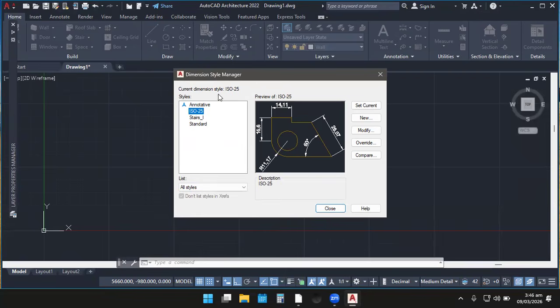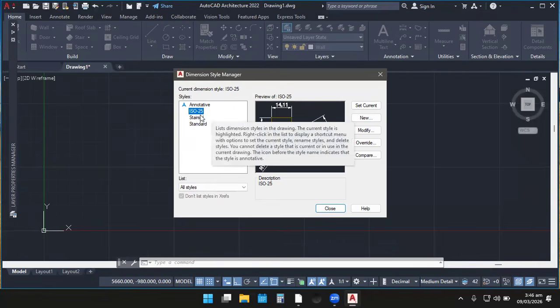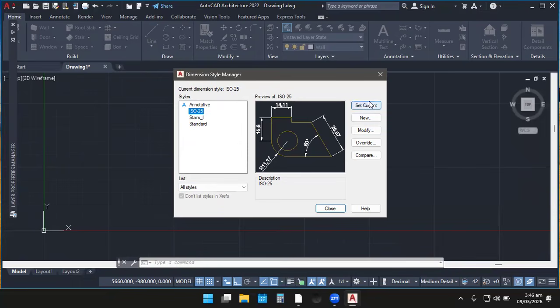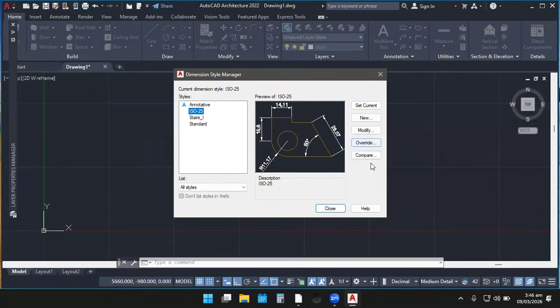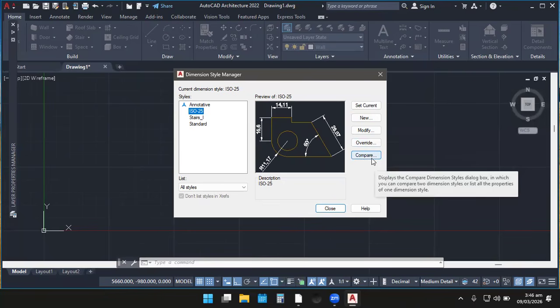Okay, so the current dimension style is ISO 25. Over here, these are the styles. You can see that we have annotative, ISO 25, stairs, and then the standard. When you come to the right side, you can see set current, new, modify, override and compare.